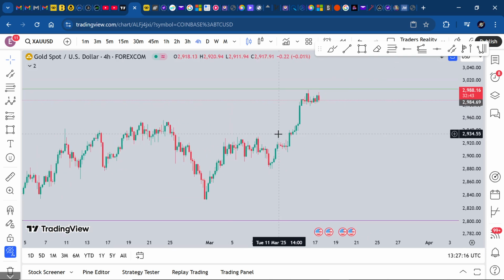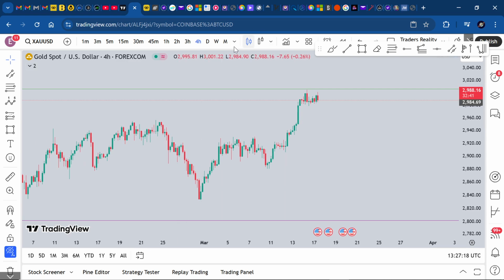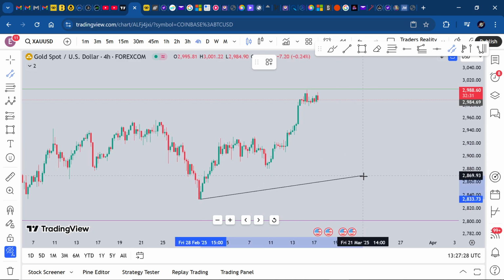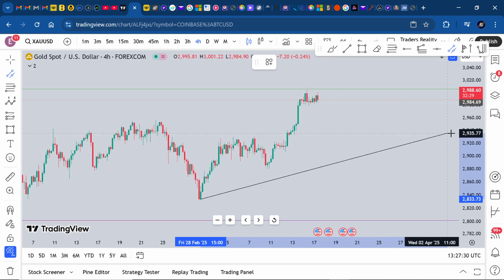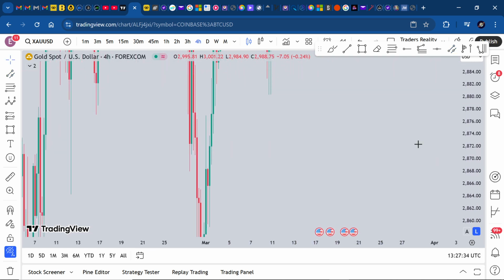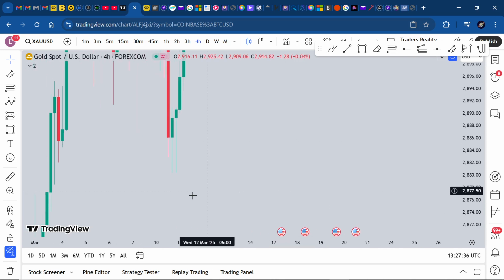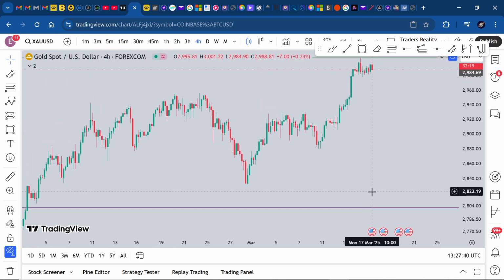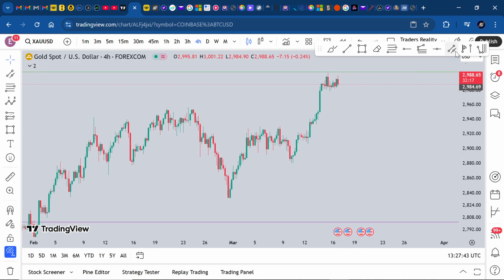Okay. Now, if this move was corrective, I can't tell which one. Hold on. Just the low. The first one is the low. Okay. So